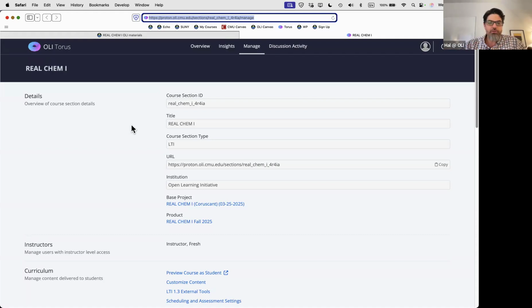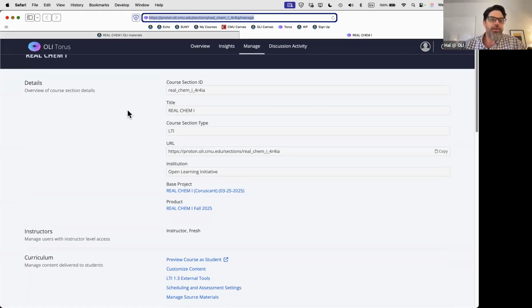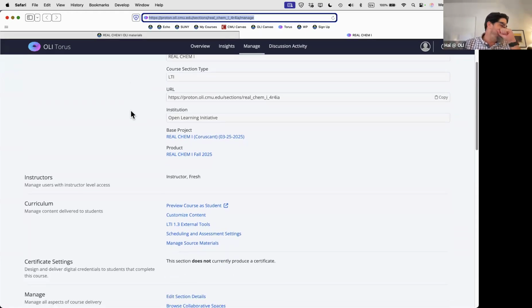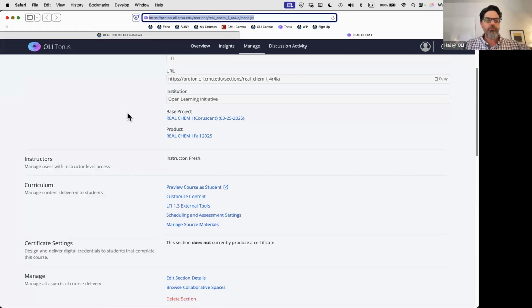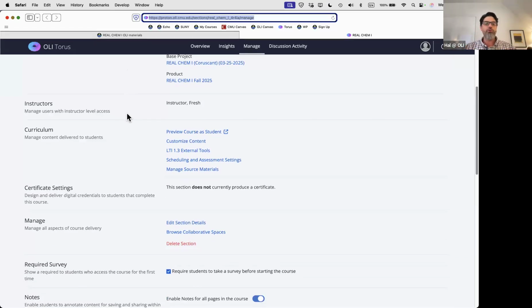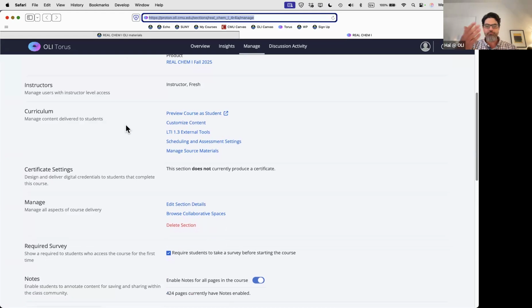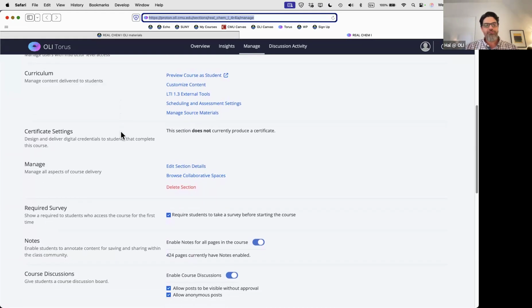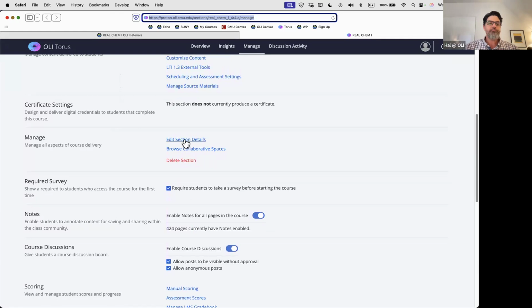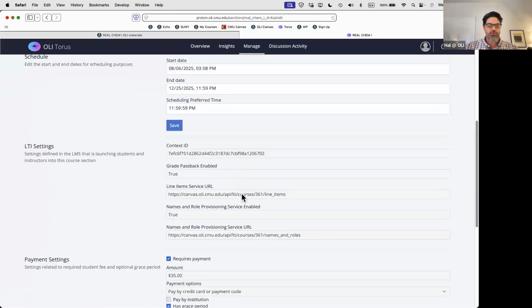So this is now the expected behavior every time you click an established link. You'll land here on your manage course page, where you have lots of controls over what you can do and present to the students. The very first thing you're going to want to do is check edit section details, just to be sure that